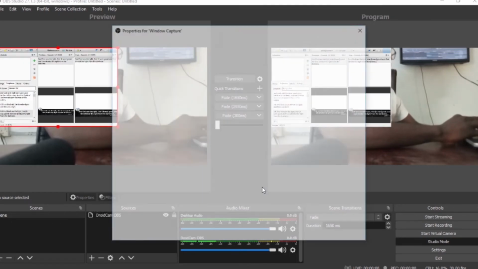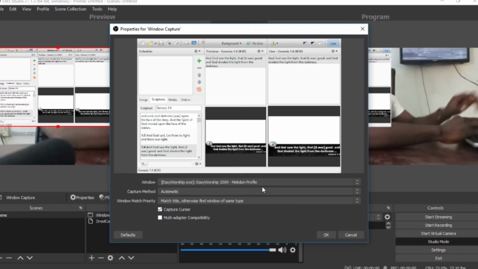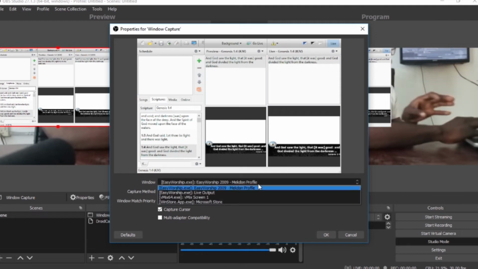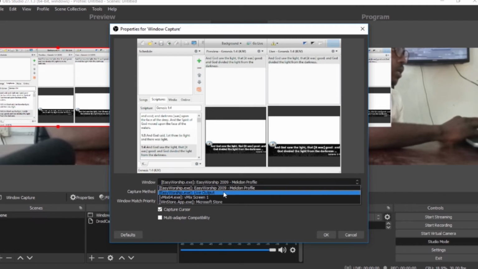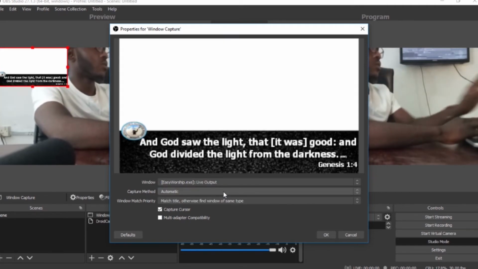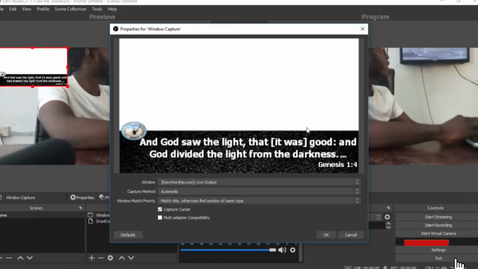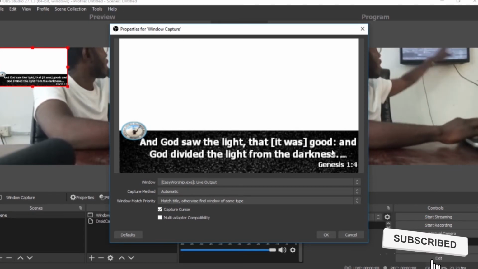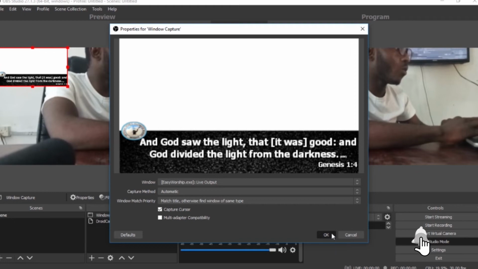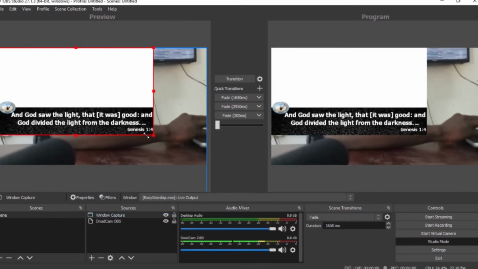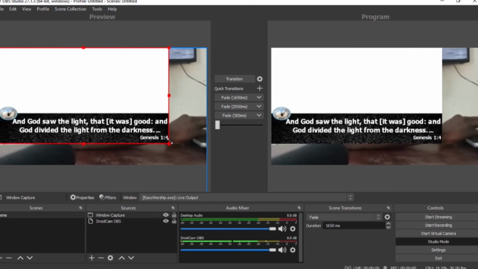click OK. Because each window is different, we need to select the window for the output. So now on this window part, you click on live output. That's it. As you can see, we now have this scripture showing here, like this. So click OK. We can edit it however we want. But first of all, I'm going to leave it like this